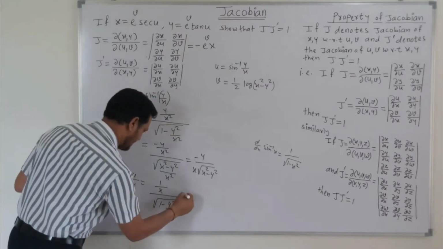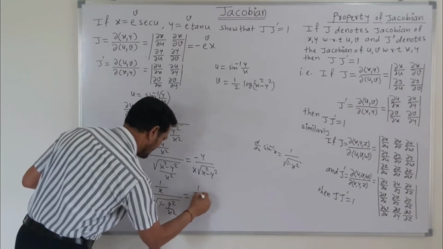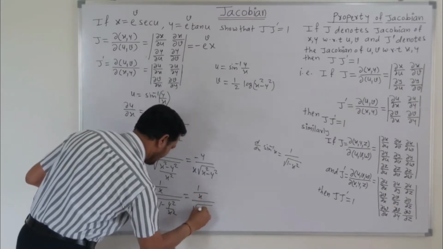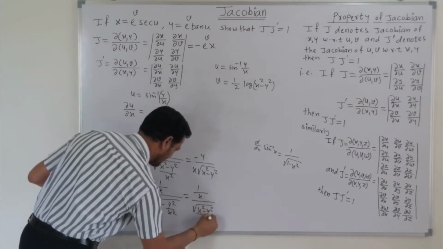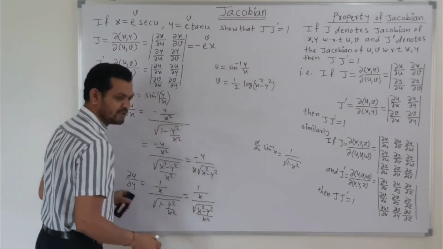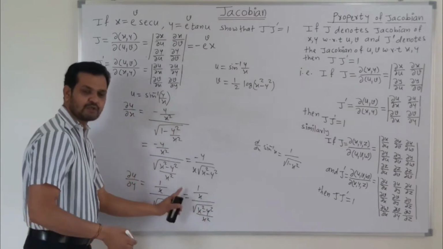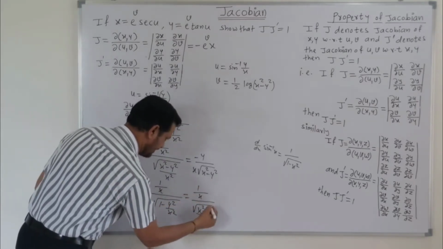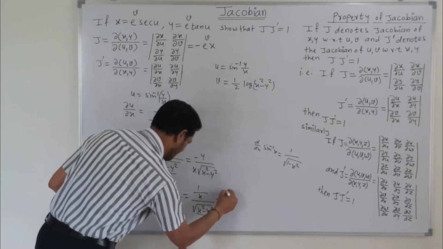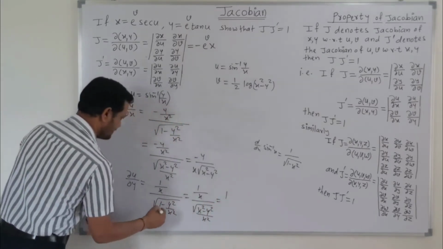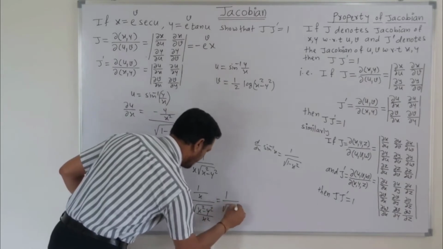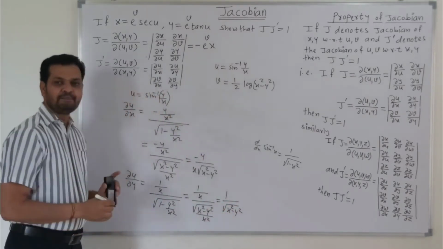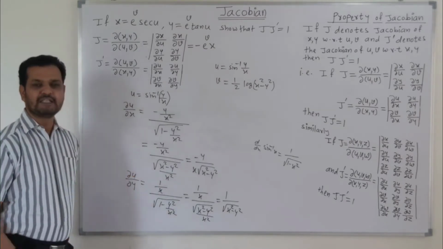Now once again try to simplify this. So this is 1 upon x, then this is divided by root of x square minus y square upon x square. So friends, if we take this x square outside the root, then this becomes 1 upon x. Then this 1 upon x from numerator and denominator will get cancelled, and finally we reach the term 1 upon root of x square minus y square. In this way, we get the partial derivative of u with respect to y.